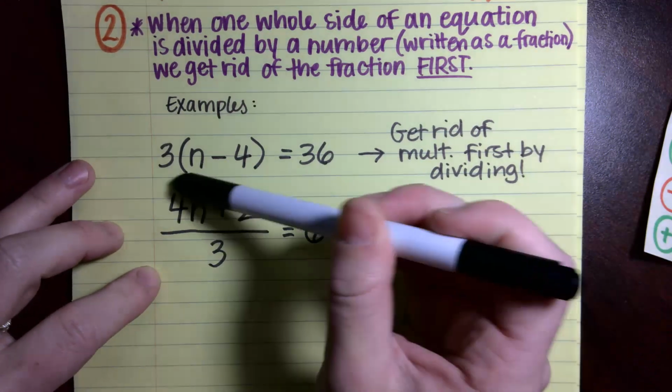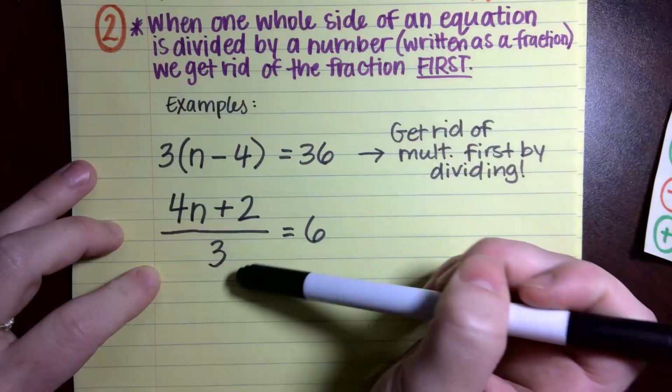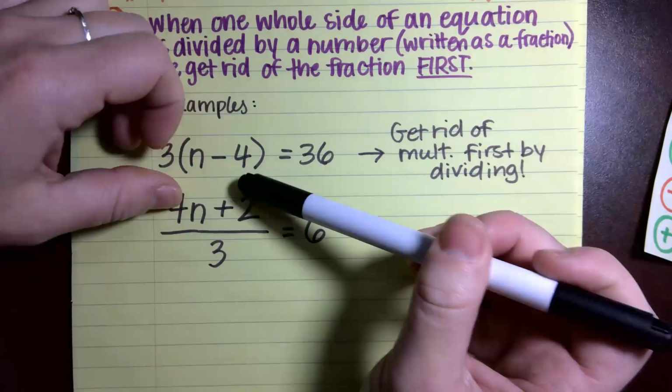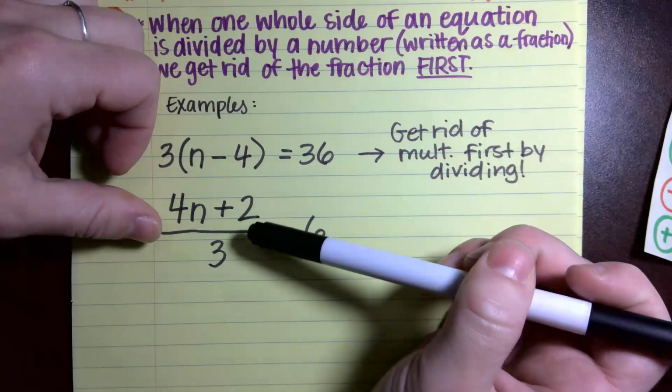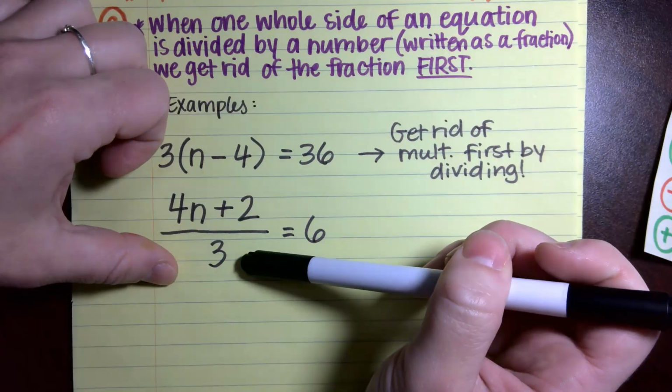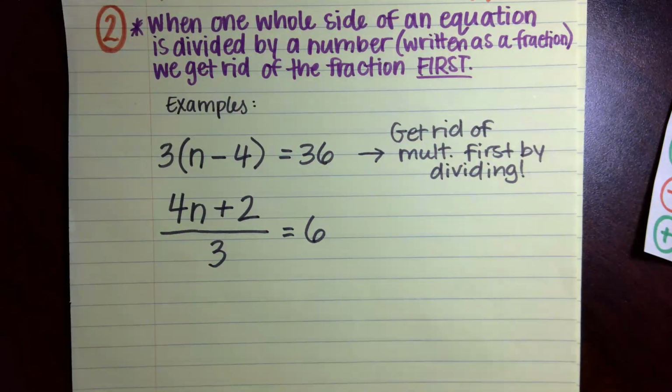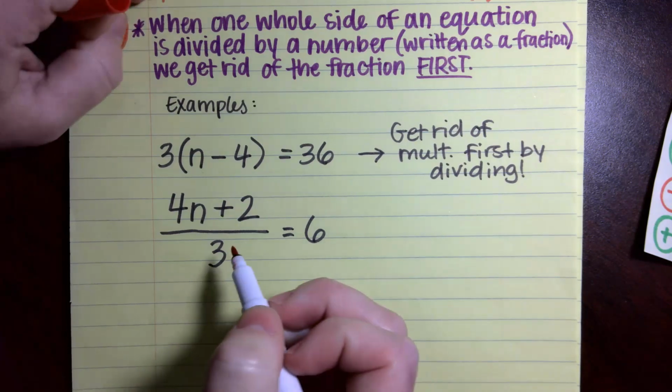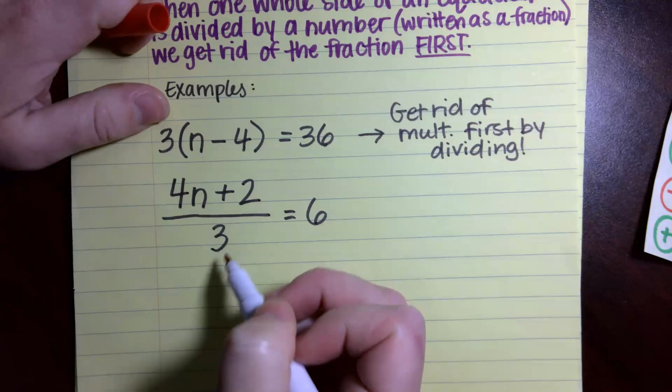So what we have here is a division problem. I have 4n plus 2 divided by 3. How do we get rid of division? We multiply. So it looks scary, but it's actually super simple, guys. All we would do to get rid of the 3,